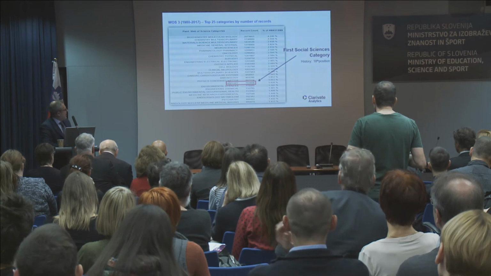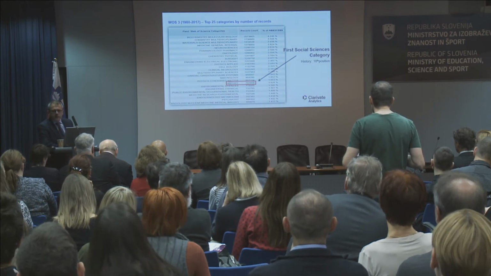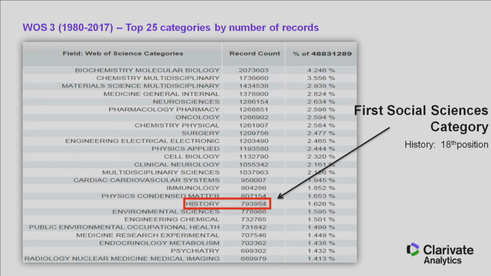and I know that you are thinking the same, when you look at the number of records of Web of Science, this is the overall number of records in the last 37 years, and these are the top 25 categories in Web of Science Core Collection. The first social science category that appears is history, in the 18th position. So, we have almost half of the journals that are social science, but the first social science category